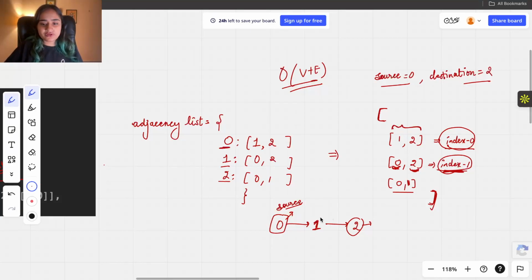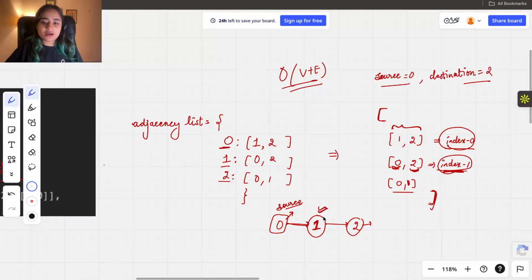So we will move to 1, which is the first vertex we can go. So we'll go to 1 from 0. Now when we reach 1, every time we reach a node, we will always check if we can even go there or not. So even to go to 1, we need to check if 1 is already visited or not. In our case, it was not visited. That's why we could visit it, right?